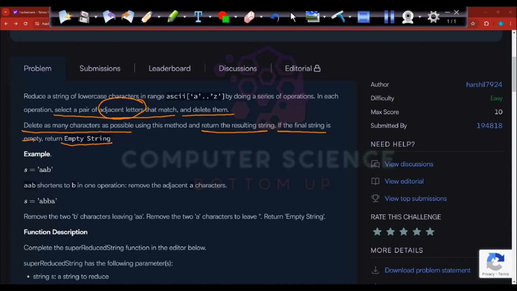Okay. Like for example, if you take this case A and B, these two adjacent they are same, so they match. So you delete these two. The resultant string is now B. So this is the string that you have to return. Okay. If you look at this string ABBA,